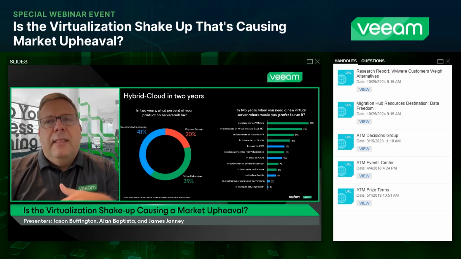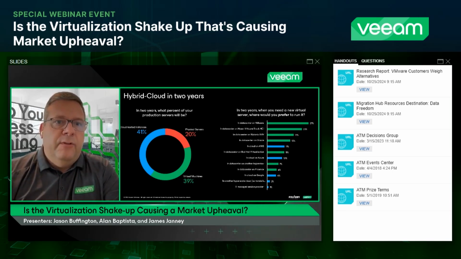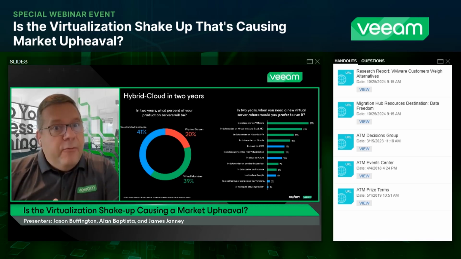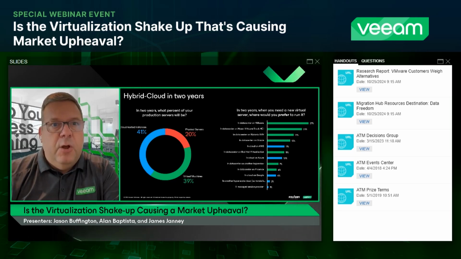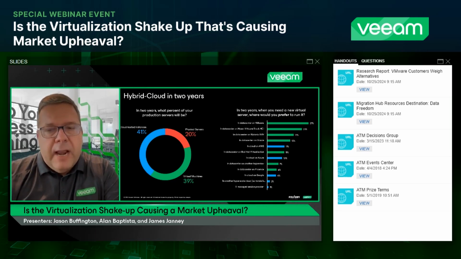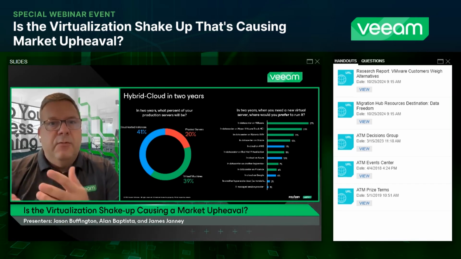And they say, okay, now that we have to consider where we're going with our virtual environments, should we consider this environment in the cloud? Their preference may not be that as the right set of information is showing, but they are considering this move to a hybrid situation. And I think that is going to be reflective of the reality going forward, where we're going to have this hybrid setup, where there's going to be this continual transition, maybe different percentages,